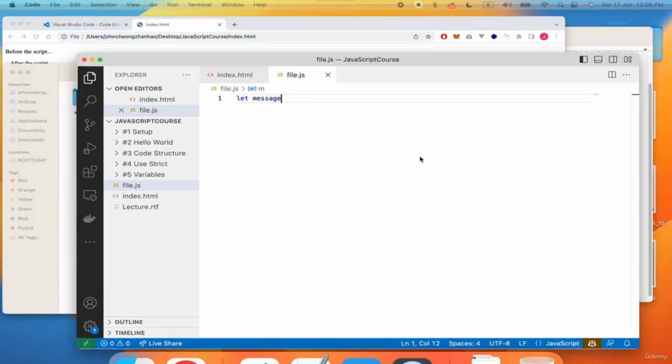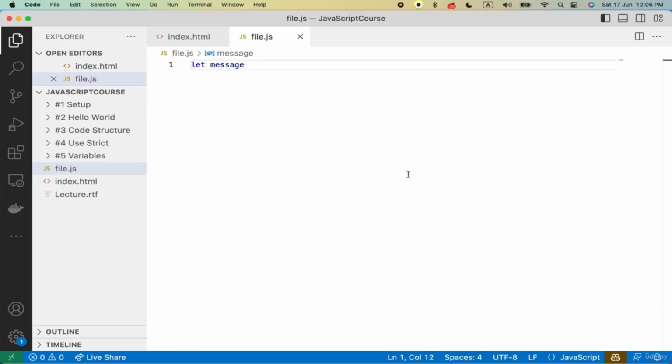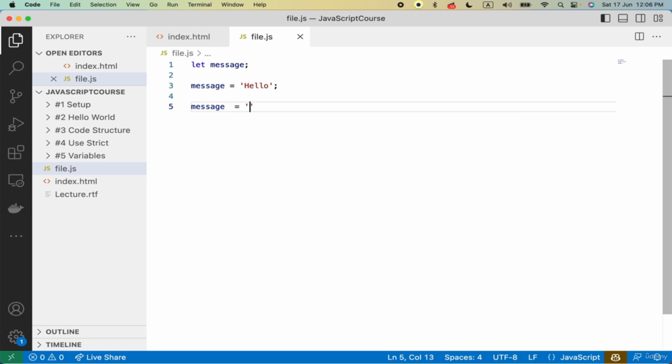Now let's see other examples of how variables are used in depth. Variables are like a box for data, like we say here, a storage for data, and we can change what's in the box. We can put any value in it and change it as many times as we want. So let message equals hello. And now let's reassign message equals world